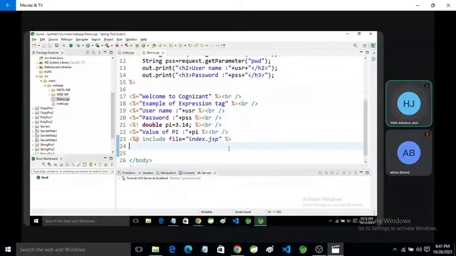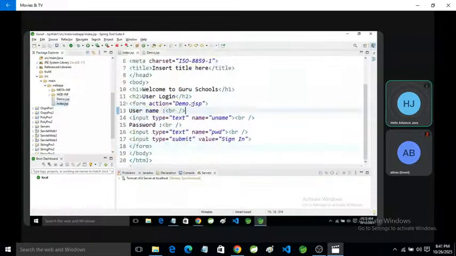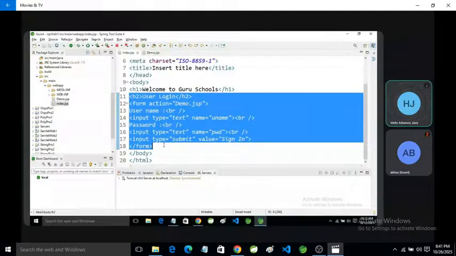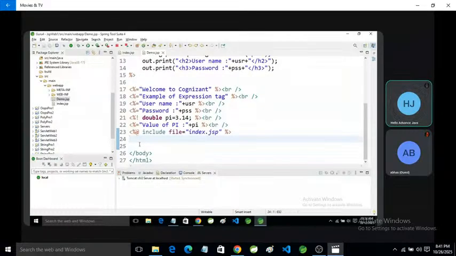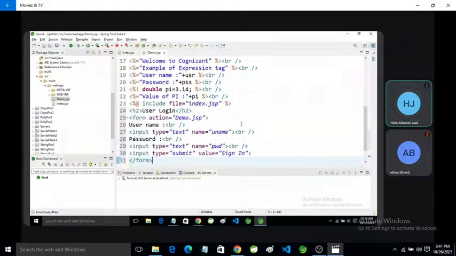Okay, so now suppose we want to use the include directive, and we can also use the expression tag. Suppose here we are going to copy this, and paste here. Now we want to show the received value same as the front end.